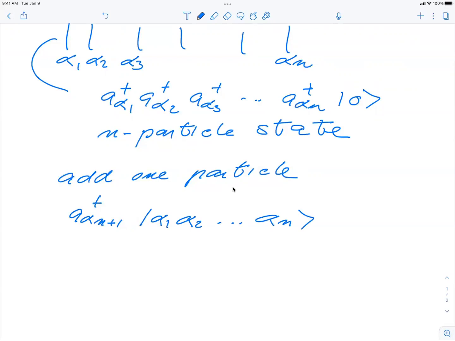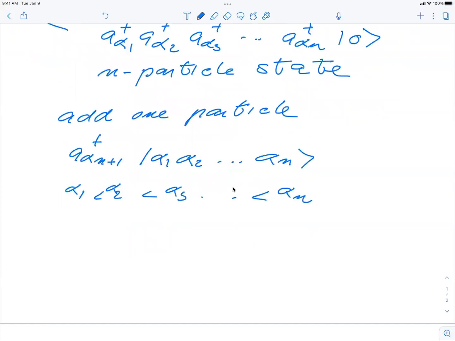And the type of ordering we want of the single particle states is that 1 is less than 2. So they have a hierarchy here, alpha 1, alpha 2, alpha 3, and up to alpha n. So we have decided upon a specific hierarchy of the single particle states. So since this alpha n plus 1 is now something on top of alpha n, we have to permute the